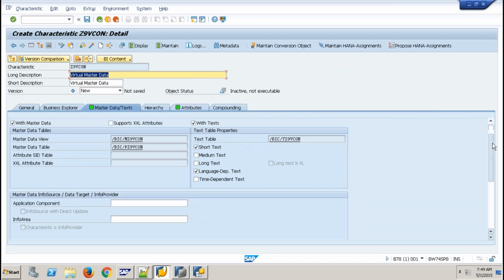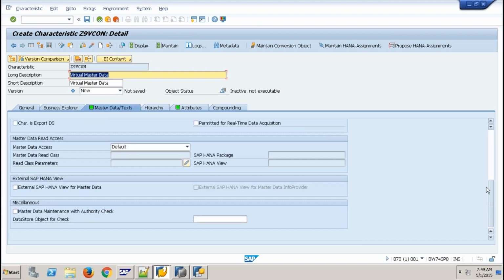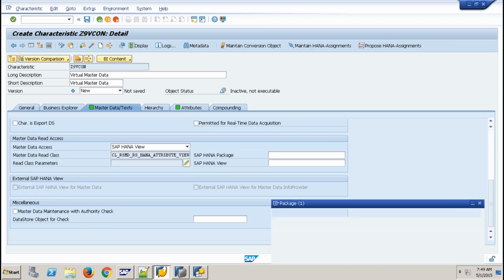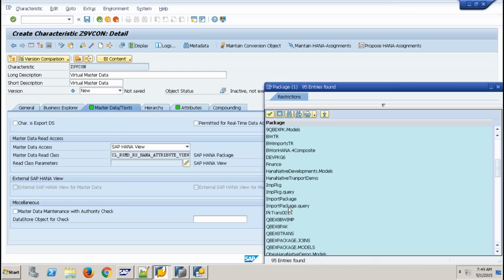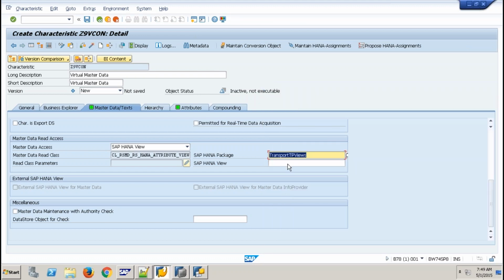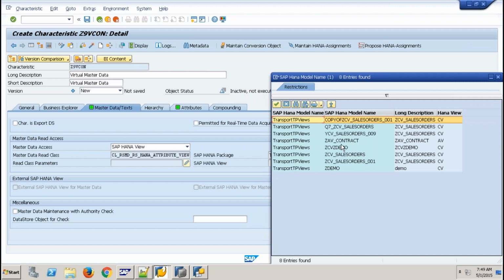So I drop down and say this is the master data read access, virtual access. Now drop down, I would like to have it based on my HANA view. As soon as I choose HANA view, it will ask me for the package, then the transport. ZAV contract.